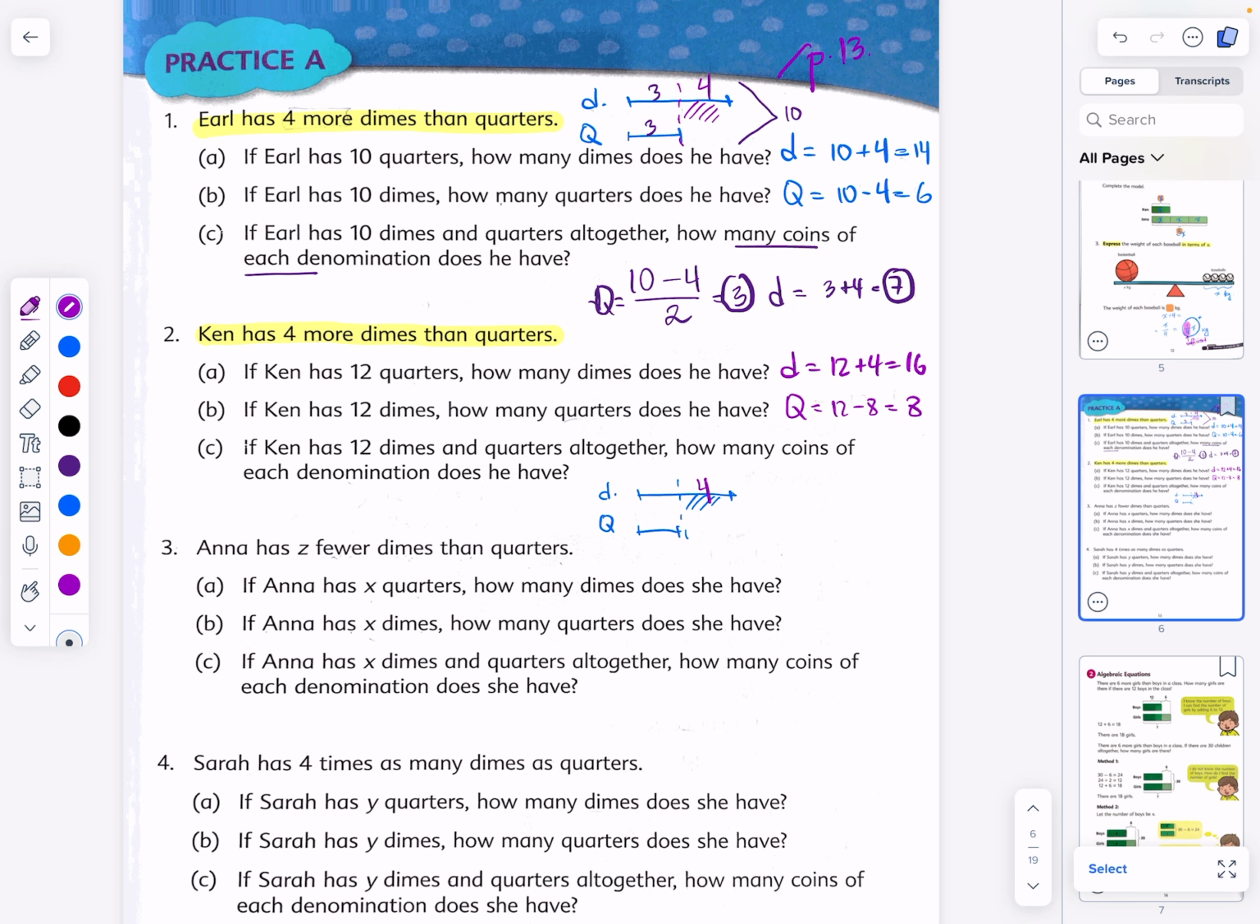He would have 8 quarters. Now, again, the same question. Look at the similarities. If Ken has 12 dimes and quarters altogether, look at the patterns. If he has 12 altogether, the way we would compute each part, step 1, get rid of the difference, 12 minus 4, divided by 2. And that is 4. This piece is 4, this piece is 4, and that is the number of quarters. And the number of dimes would be 4 plus 4, which is equal to 8. Now, the algebra